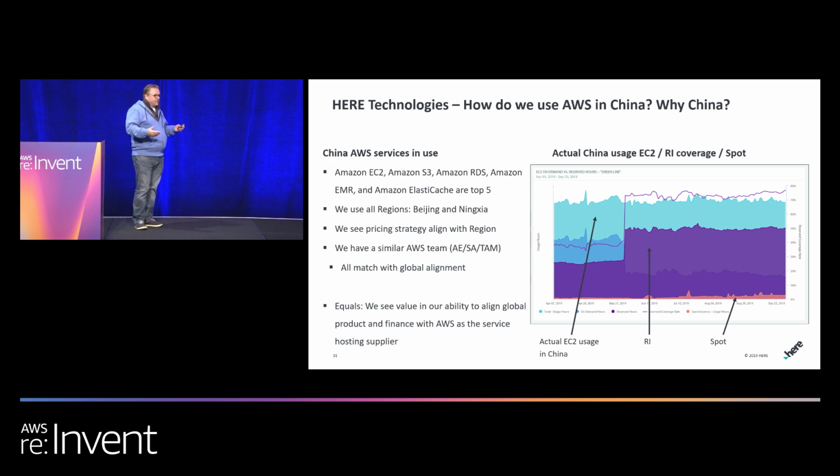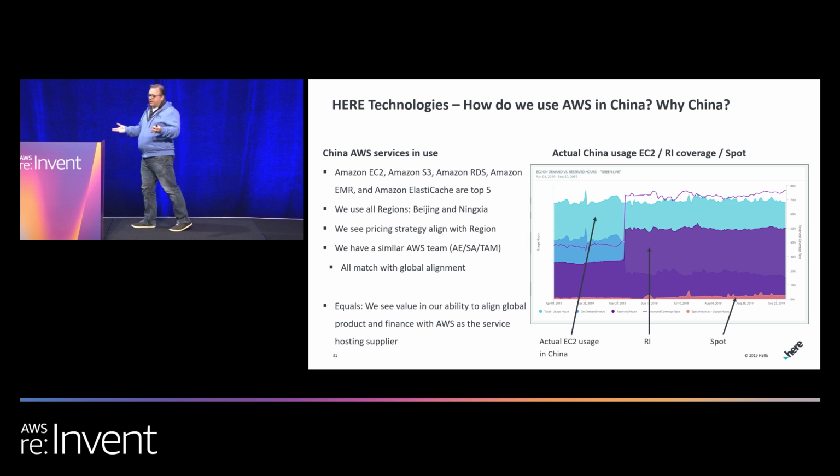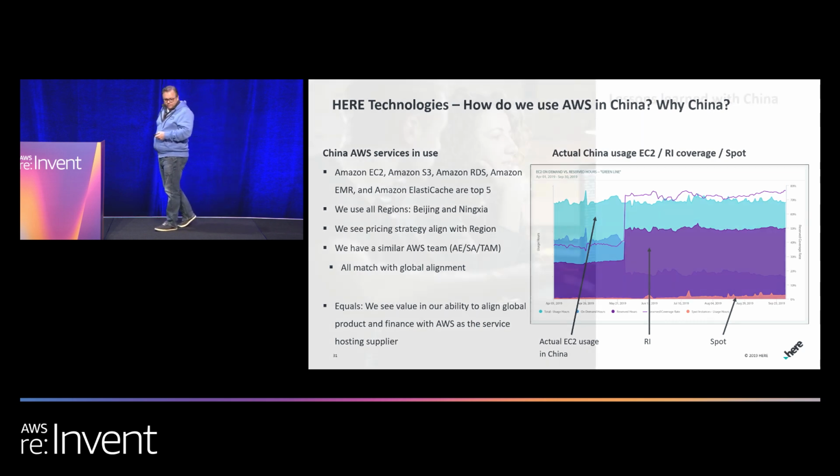And what it does is it gives us that power of scale. I don't need to have a whole separate team running China. I can have the same team running China. Yes, there are sometimes some over-internet things that you need to deal with, but as JW said, you're going to deal with that with any supplier. You're going to deal with that with anything you do as you cross the Great Firewall. But the Direct Connect access into China with the third-party carriers is very good. And so DX overhaul, backhauling, very good strategy, right? So these are some of the things.